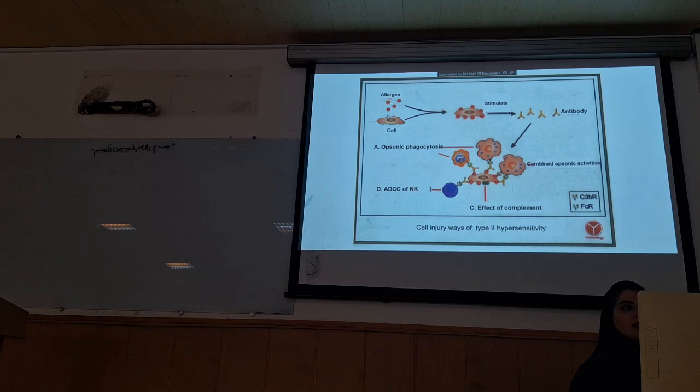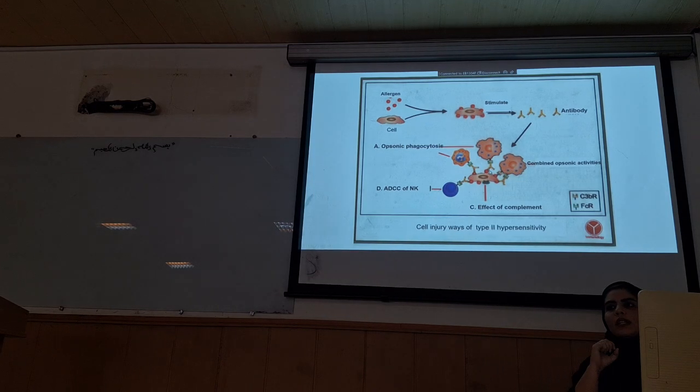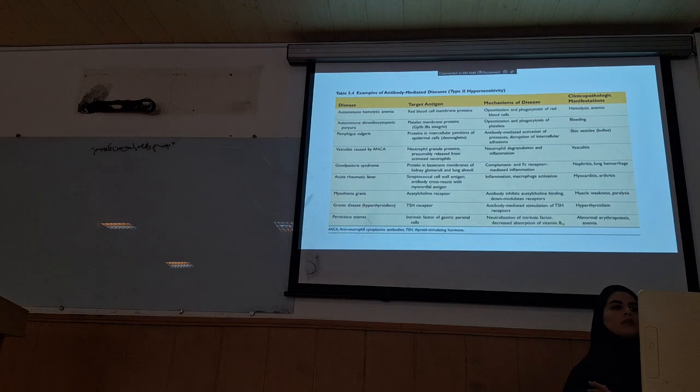For example, this is a cell in our body, and these are some antigens on the surface of the cells. You have antibody production, and antibody directly attaches to the antigen on the tissue. You have complement activation, and you have activation of effector cells and phagocytosis, and the disease happens. I think it may be difficult to keep in mind, but these are examples of type 2